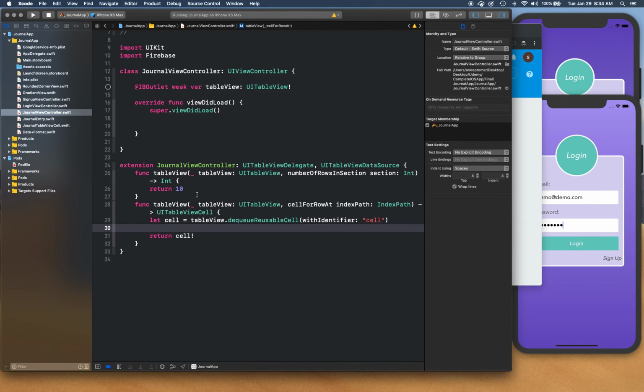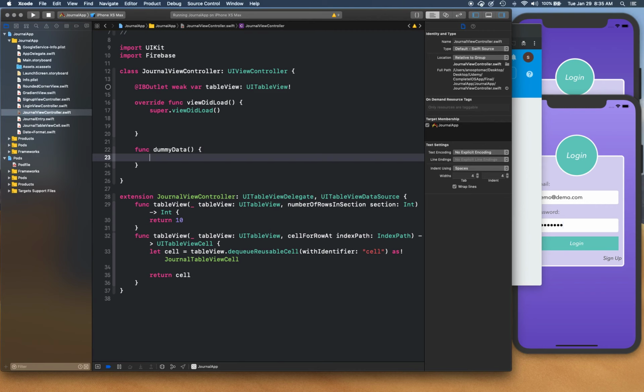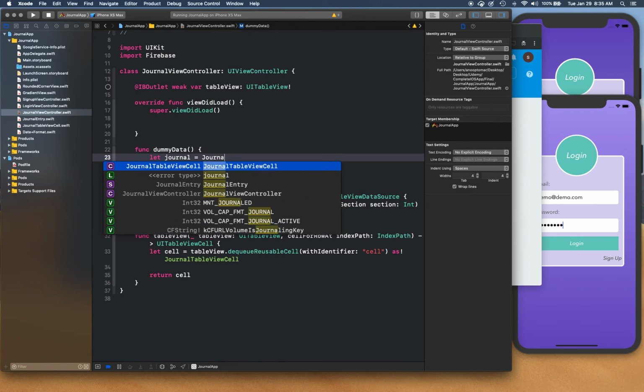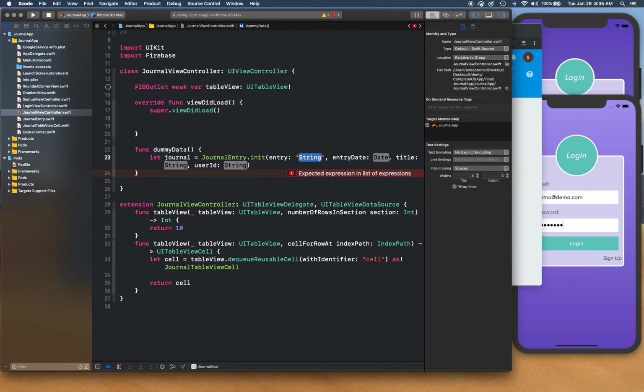So we're going to go back to journal view controller, and we're going to say here as journal table view cell, and we're going to return that cell, and what I'm going to do for now is I'm going to create a dummy data function, and going to create a new entry dot init, and you're gonna say entry 1, today's date, new title, some user. Okay, it's just